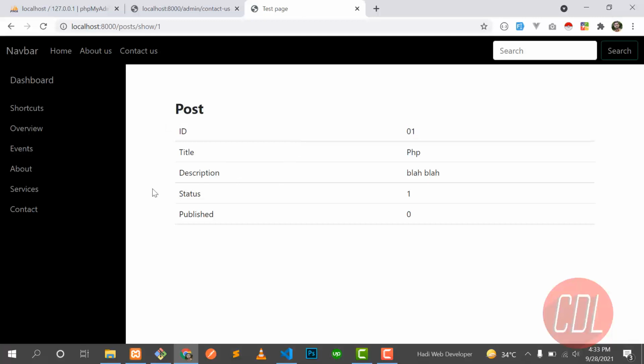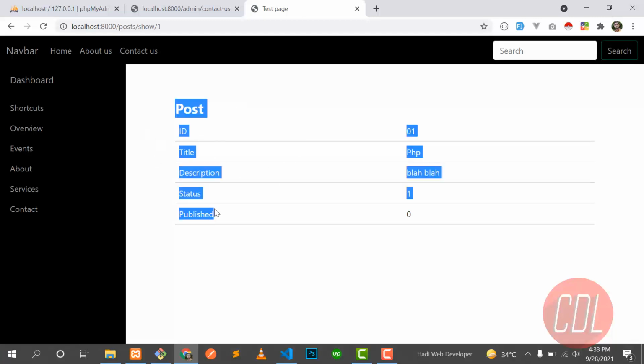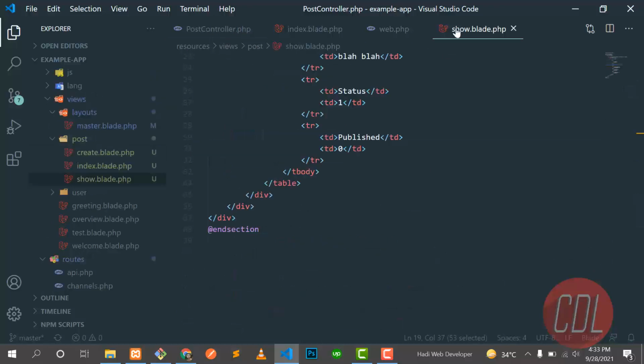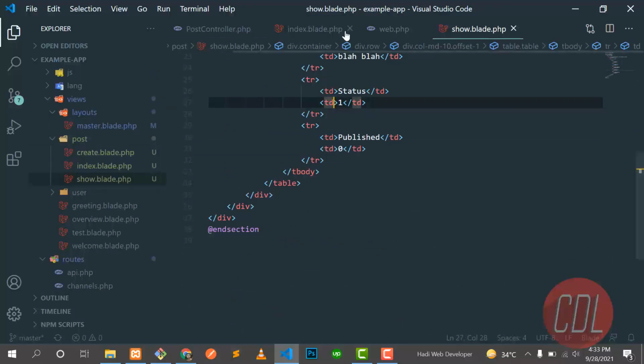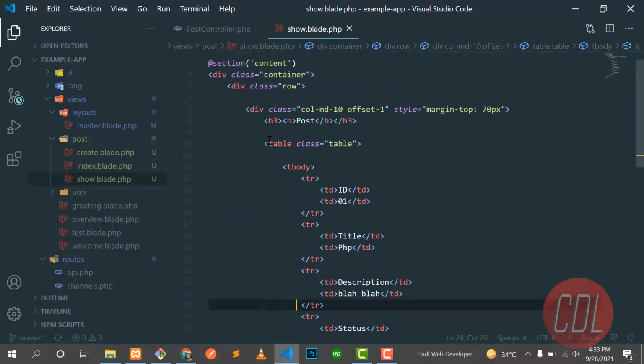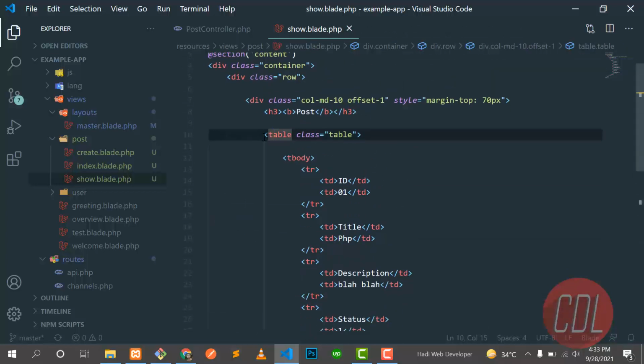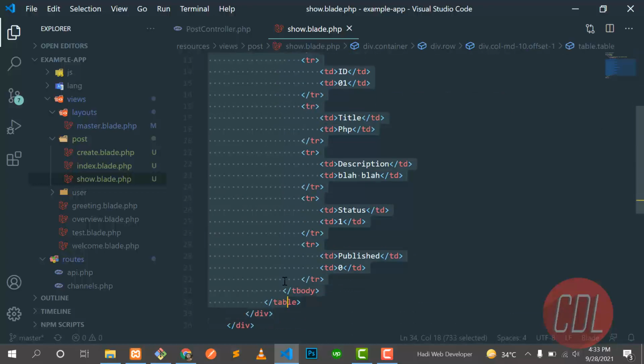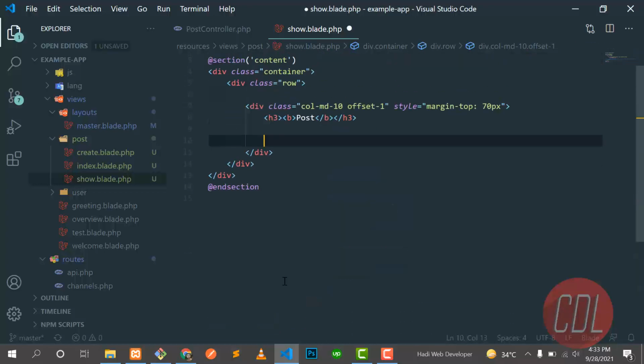So now I need to get the show object here and then display it on the web page. So let me clear this out and go to this show blade, right? Let me close the other one, it's confusing. So this is a table where we are displaying some posts. So let me cut this table out, and put here an if condition, right?